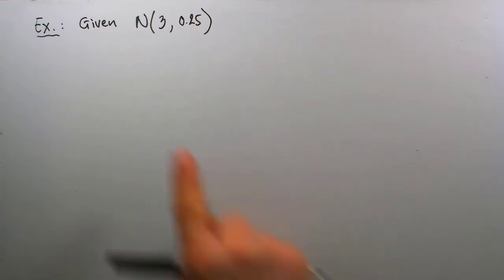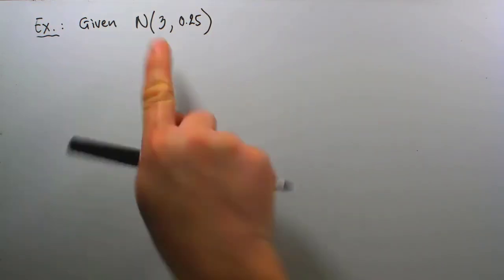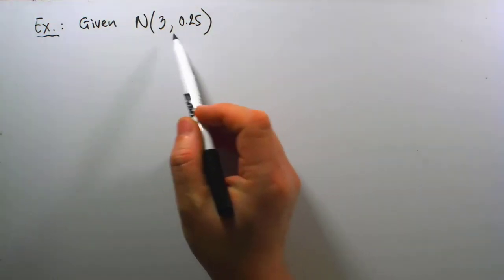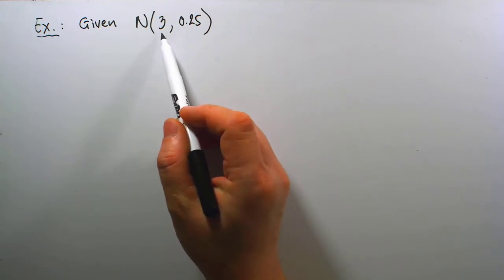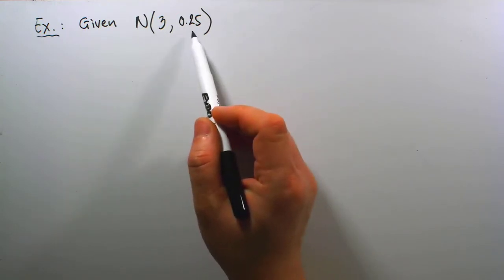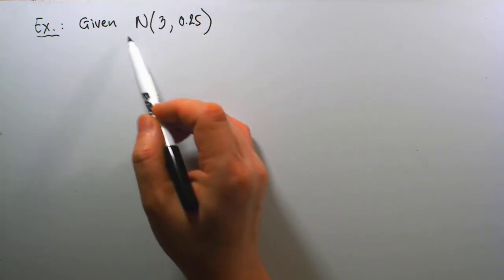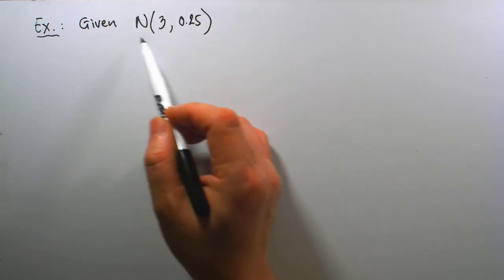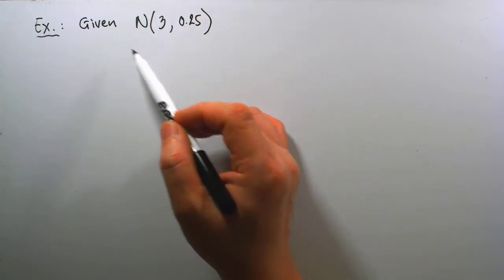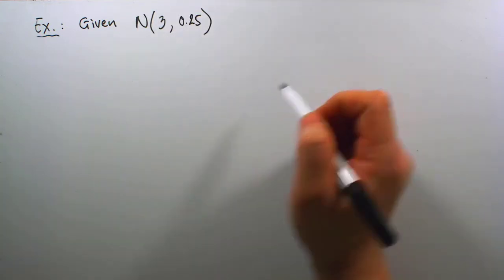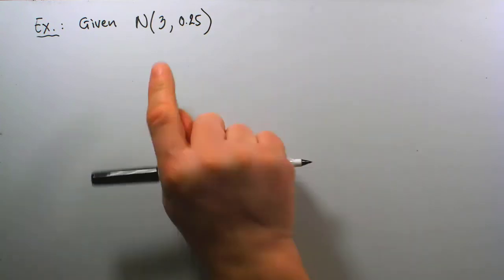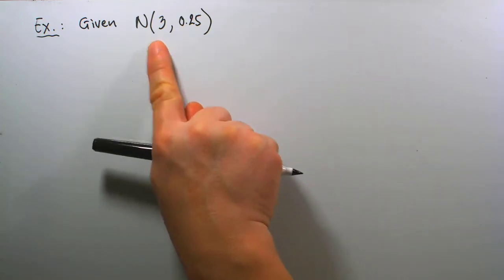So according to this description, notice how the center, the mean value, is no longer 0 and the standard deviation is no longer 1. This normal distribution we're having here is no longer the standard normal distribution as I have described earlier. And so now immediately seeing this notation N(3, 0.25),